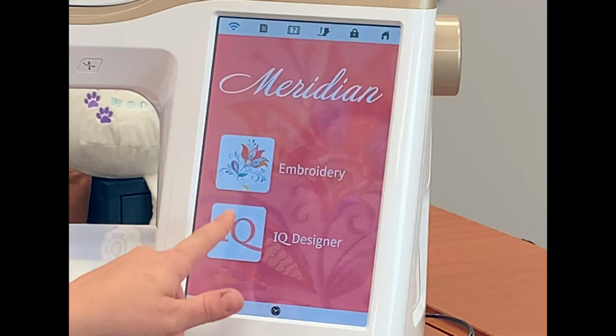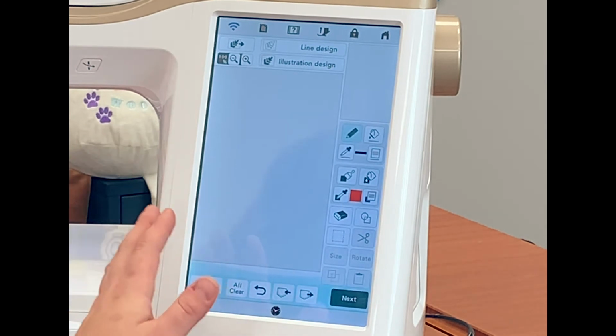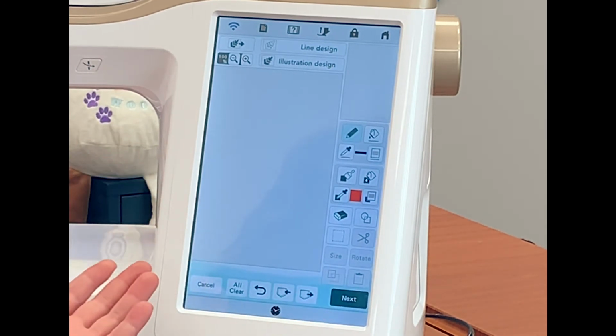So as we talk about IQ Designer, we're going to dig into some of the basics that we can do, but we're not going to go into the full details. And those will be taught in a usage class when you purchase the machine. However, just so that you can get an idea of what the Meridian will do for you, let's take a look. So when we go into IQ Designer, we can bring in existing images,